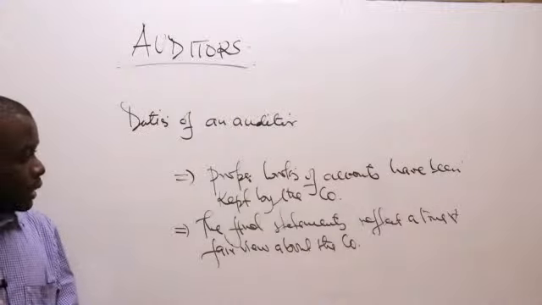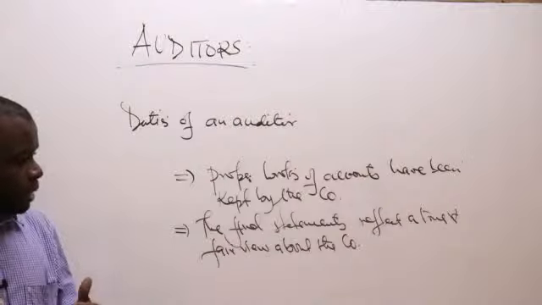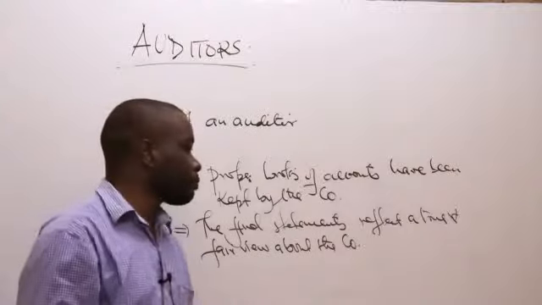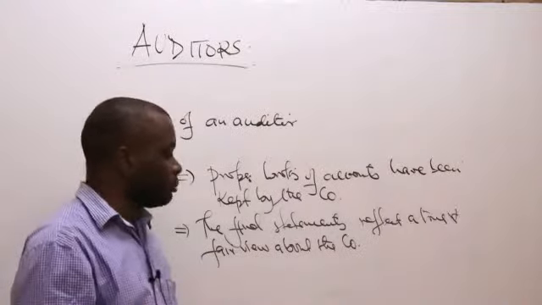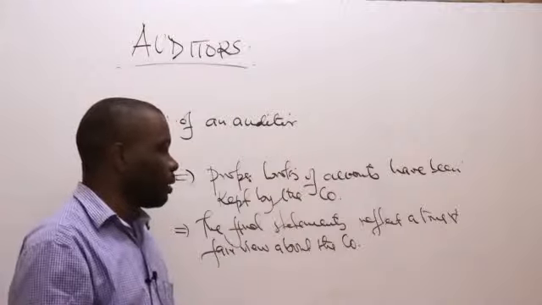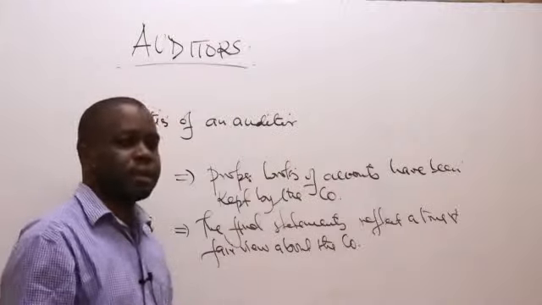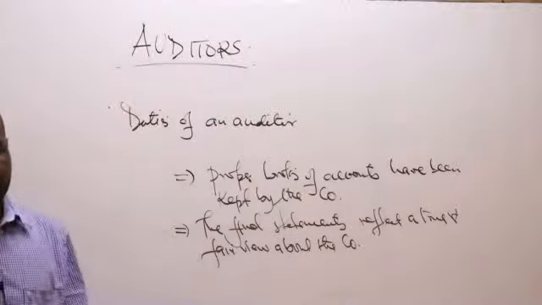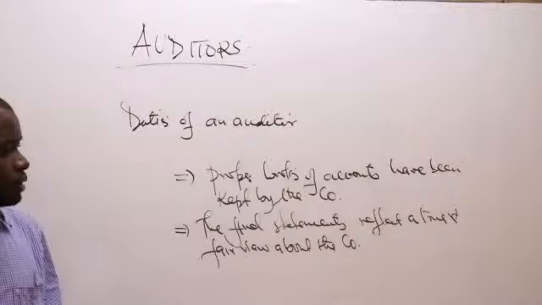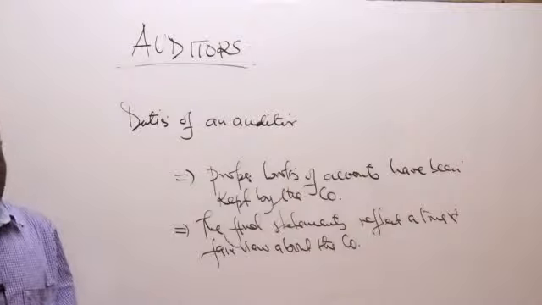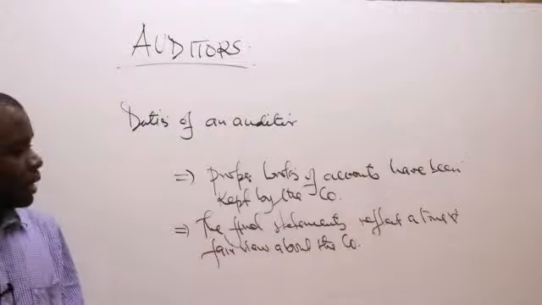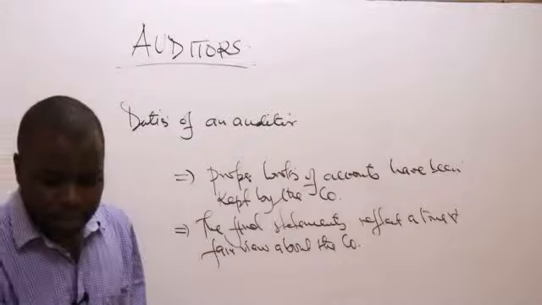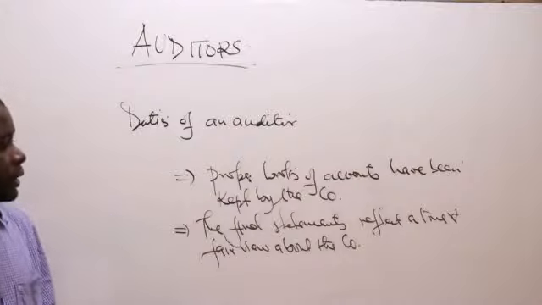Then of course, if it is a public company, he could go further and look at the remuneration of the directors. So you look at how the directors of the company are being remunerated. Are they following the requirements that have been set out by the members? For example, how much they're supposed to be remunerated as directors of the company. So that will be part of his duties or roles as an auditor of the company. So ensuring that proper books of accounts have been kept and the final accounts reflect a true and fair